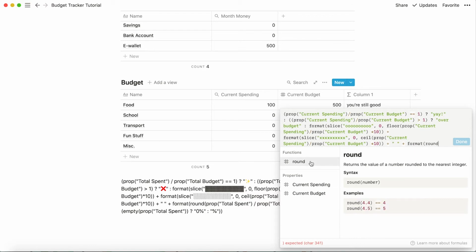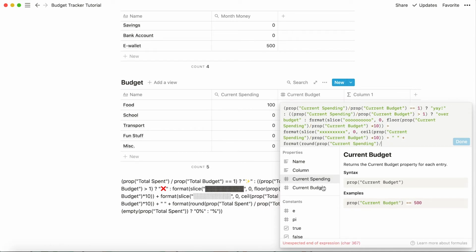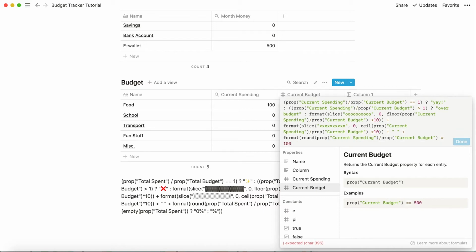Round. What round does is it just rounds stuff. It rounds it up or rounds it down depending on the value. So 4.4 gets rounded down, but anything at 0.5 gets rounded up. So there's format, round, parenthesis, again, current spending divided by current budget times 100. So multiply that by 100 and close 2 parentheses, space, plus, space,